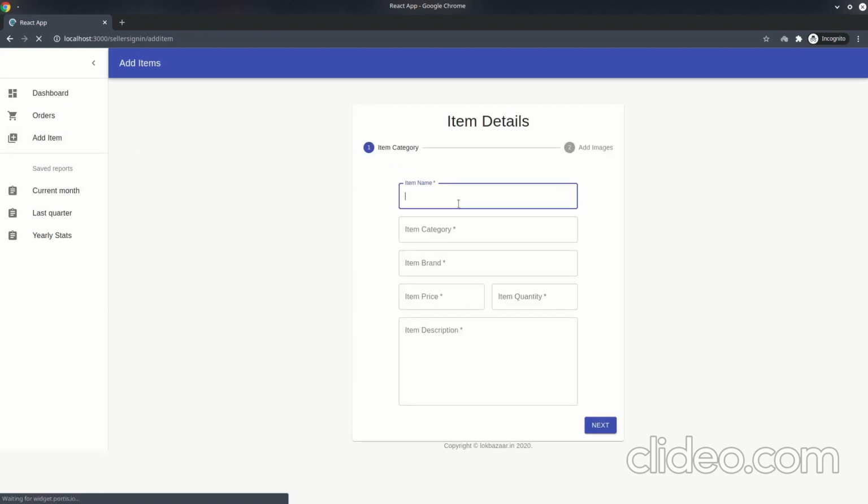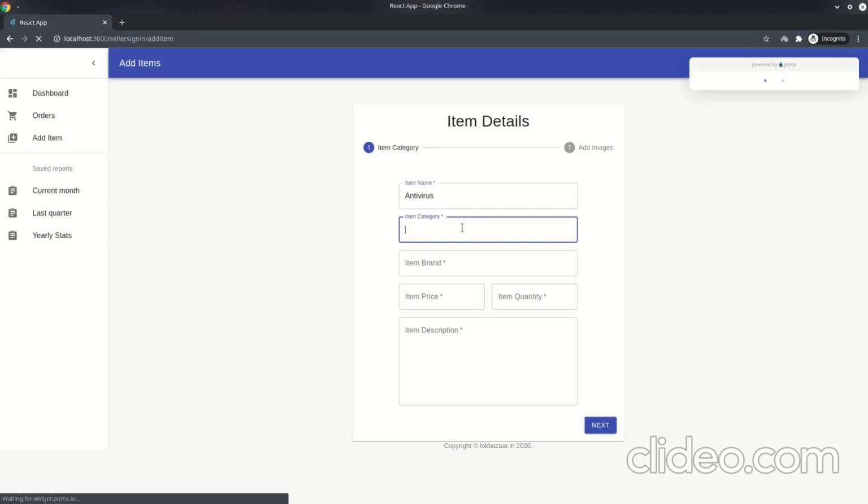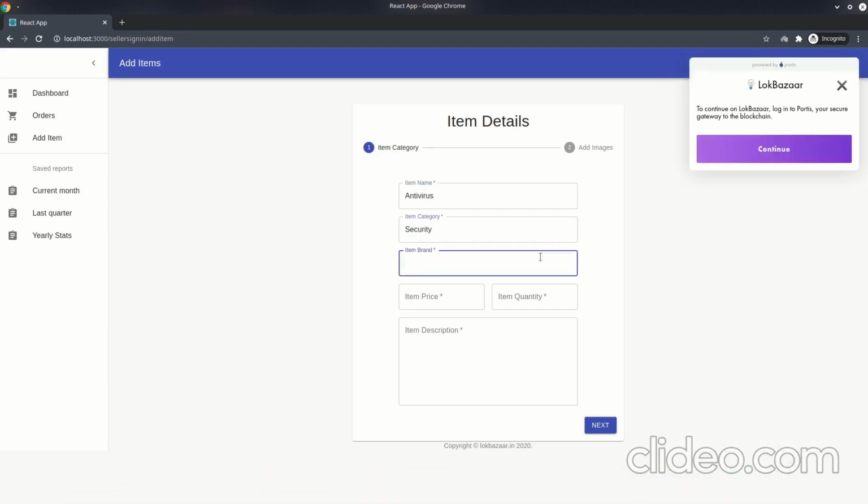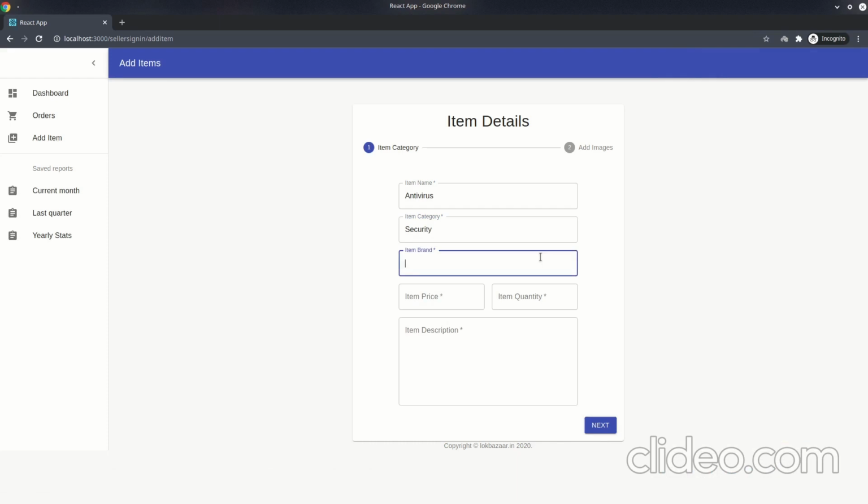So let's say we want to add an antivirus. Item category is security. Here we enter the price in ETH.